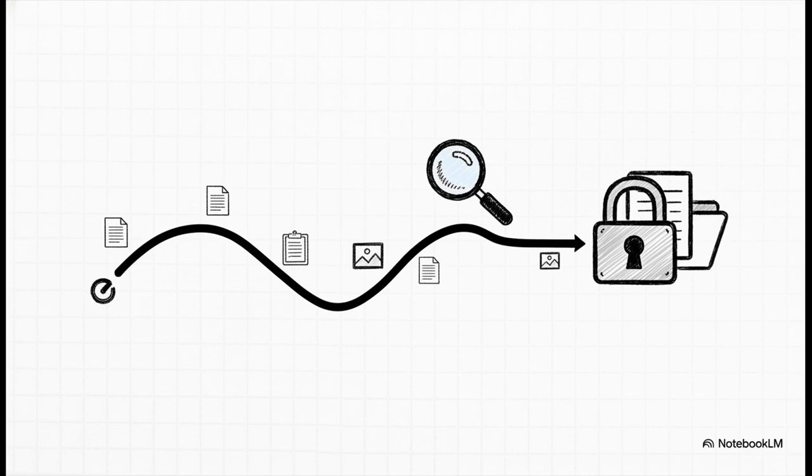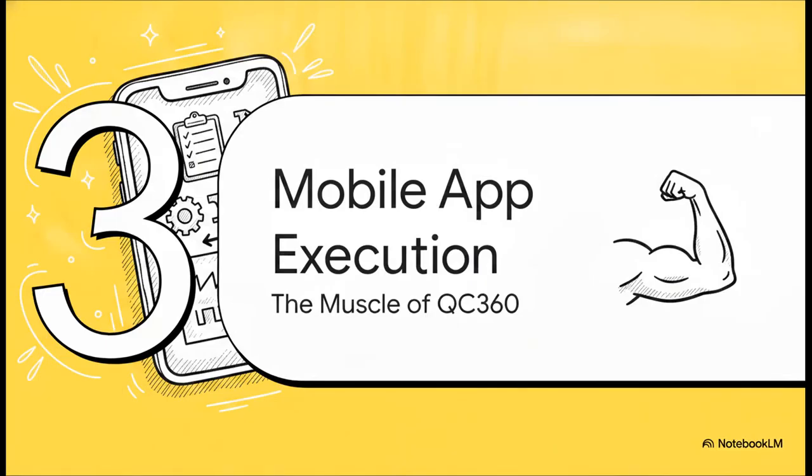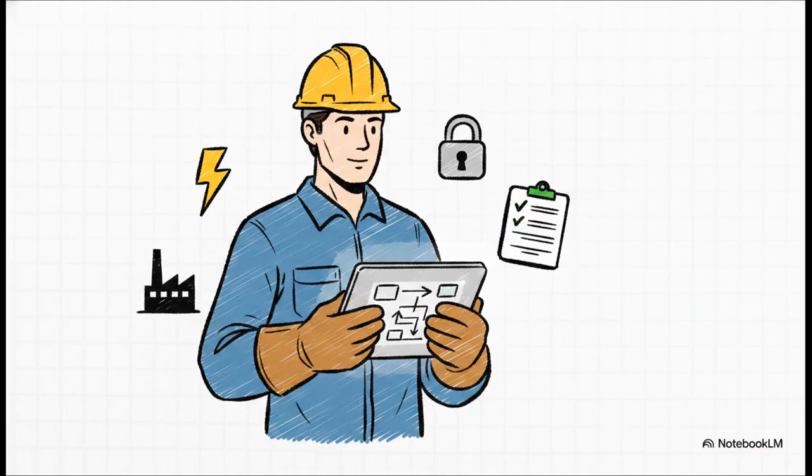No sweating required. All right, let's pick up the pace and shift to Section 3, Mobile App, On-Floor Execution. This is the muscle of QC360, where the fast on-floor execution actually takes place. Out on the plant floor, efficiency and speed are literally everything. The mobile app delivers this through a highly optimized interface with secure role-aware access, so technicians instantly see their specific tasks. No digging around. The mobile dashboard acts as a primary work queue, guiding the inspectors seamlessly to their next